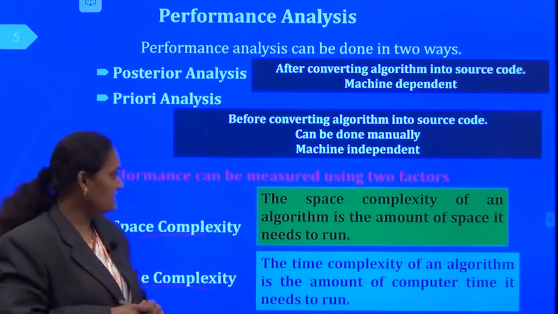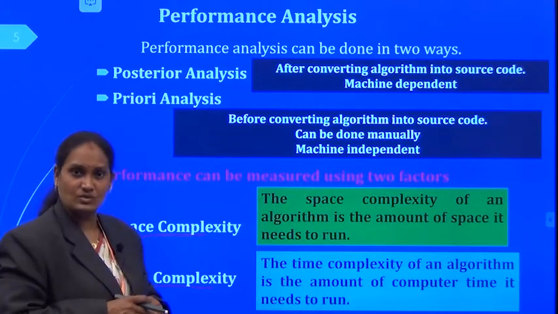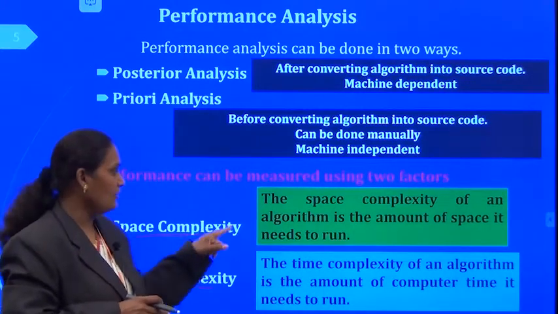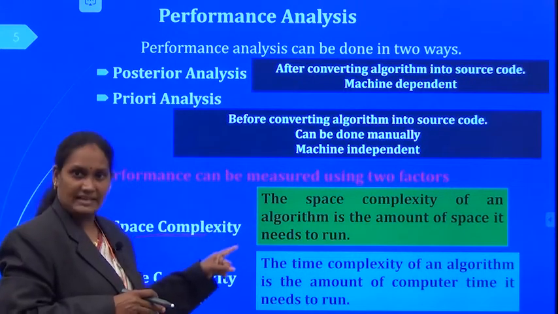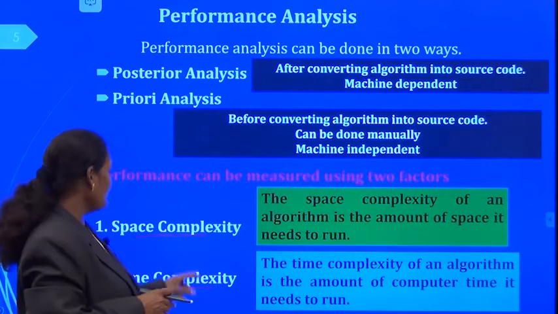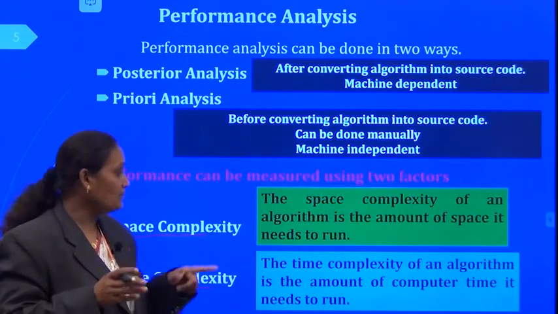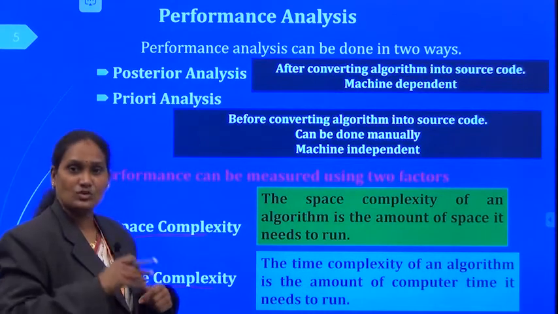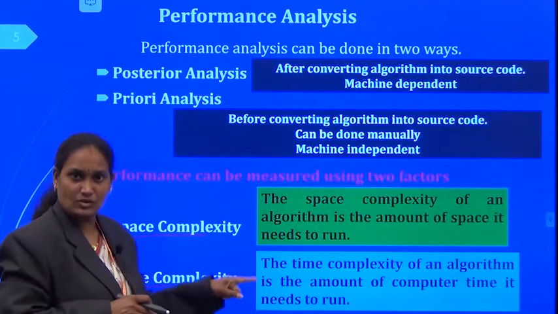The space complexity of an algorithm is the amount of space it needs to run. The time complexity of an algorithm is the amount of computer time it needs to run.